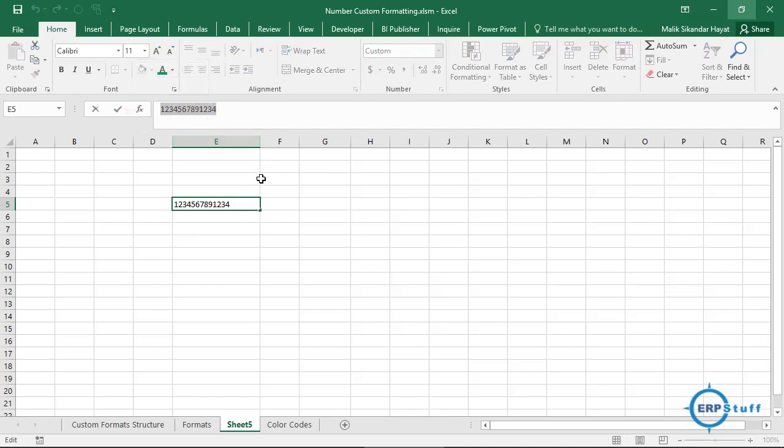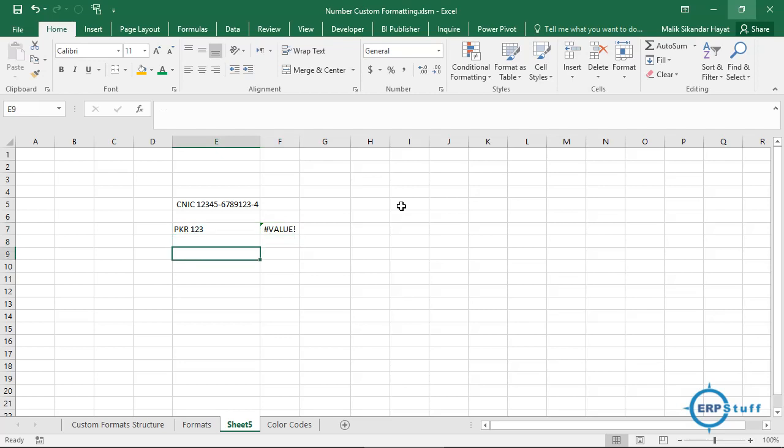See here. Now there can be numbers where I want to display some text, but that number is used in multiplications or some formula. For example, if I put the amount as PKR 123 and multiply it by 10%, it will give an error because there is text in it.